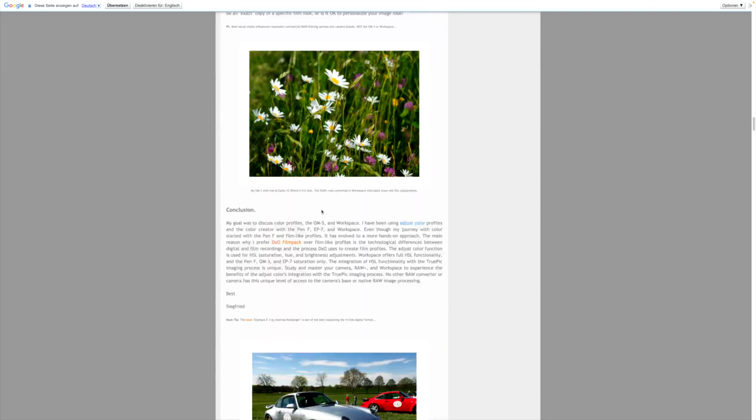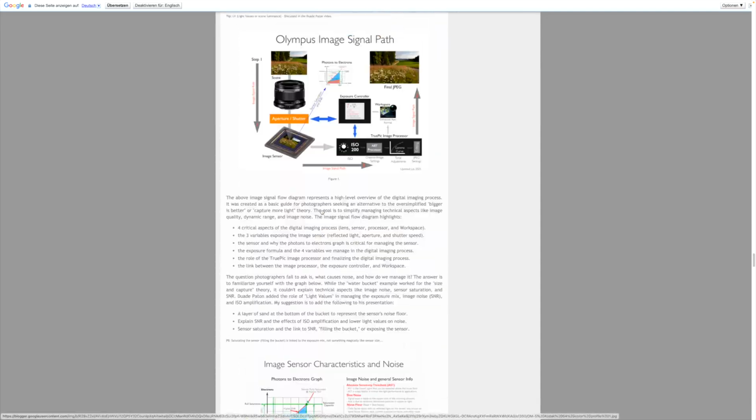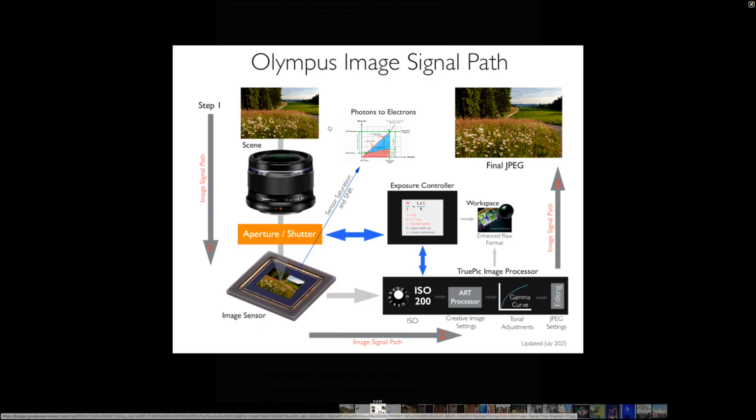So I want to kick off with this diagram. I use it quite a lot in my articles, and it's basically an image signal flow diagram from the scene to the memory card, if you may.